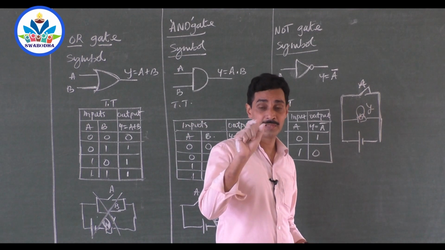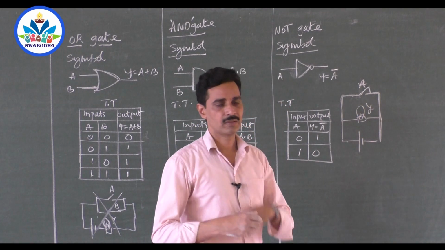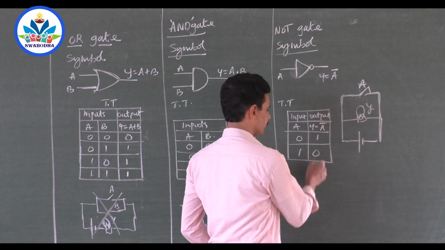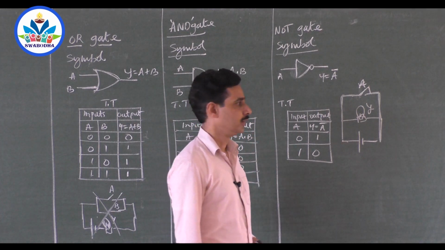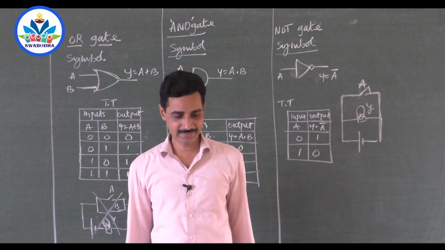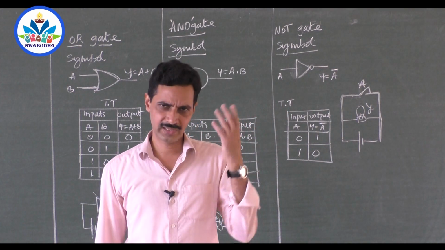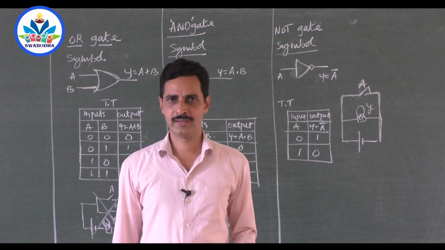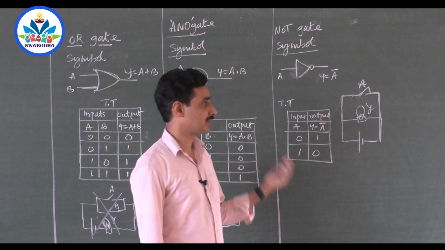The coil inside the bulb will get very high current. The coil burns and the bulb is off. And if you want to check the circuit once again, you have to go for a new bulb, right? But still, that can be used to realize what type of gate it is. So it is not the output.